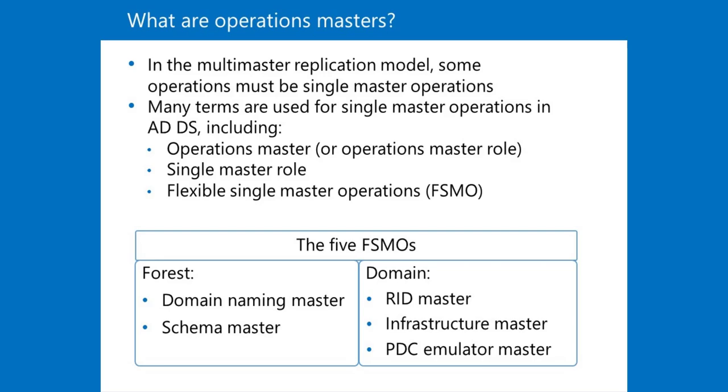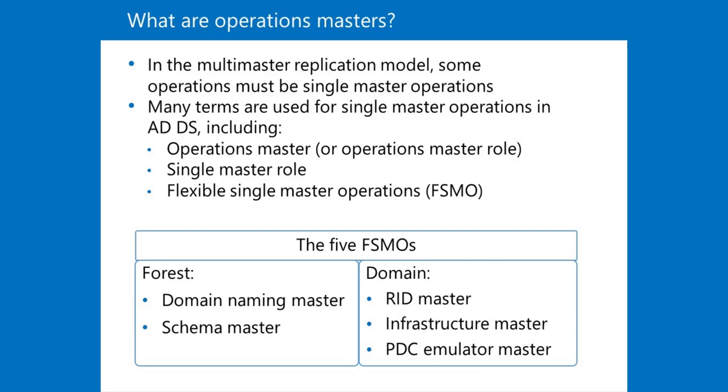You can locate all 5 on a single domain controller or spread them across several domain controllers. By default, the first domain controller installed in a forest contains all 5 roles. However, you can move these roles after building more domain controllers. By allowing changes only on a single domain controller, the operations master roles help to prevent conflicts in ADDS due to replication latency. When making changes to data on an operations master, you must connect to the domain controller that